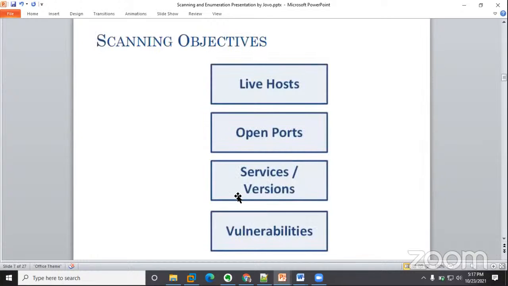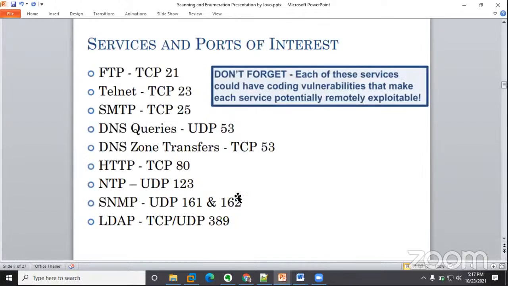Now, what are the objectives that we have for scanning? Scanning for live hosts, open ports, services, and vulnerabilities. Those are some of the objectives that we aim to achieve. And we'll practicalize this now using the Metasploitable, how we can achieve some of these things, right? So like I explained to you guys earlier, I think it was last week, that there are certain